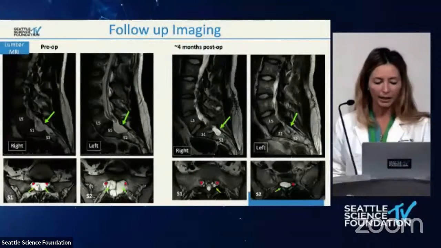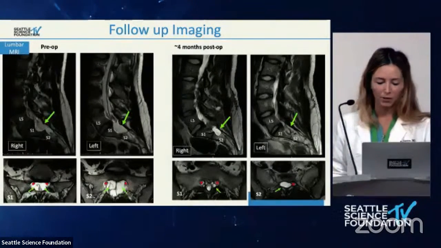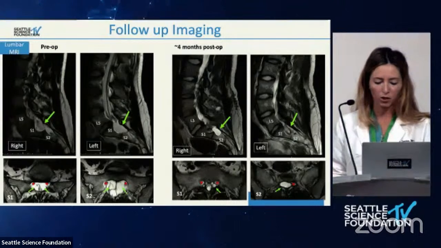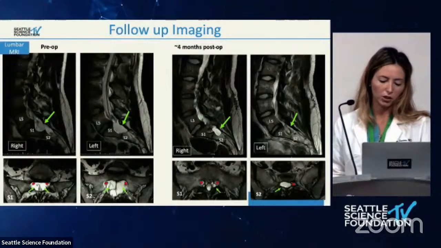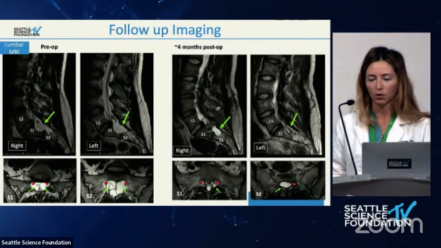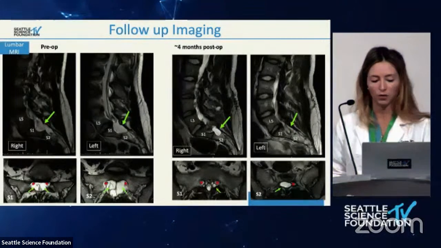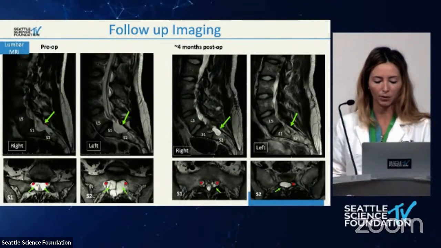On the right, it's either re-expansion of the S1 cyst, or what I think it is, there might be a new cyst coming off the S2 nerve root. It's causing some compression of the S2 nerve, but she's not symptomatic. So I think, in the future, if she does become symptomatic, we could always just get another CT myelogram to take a look.